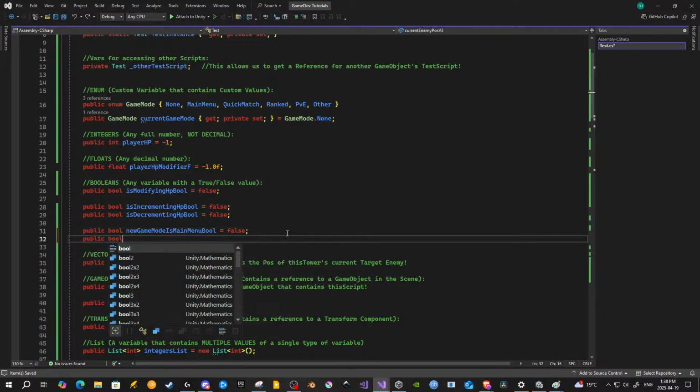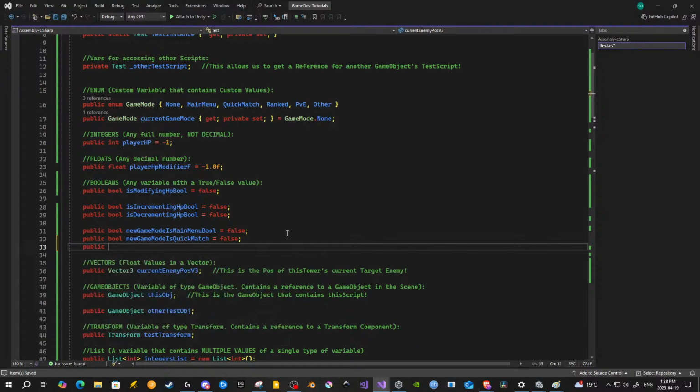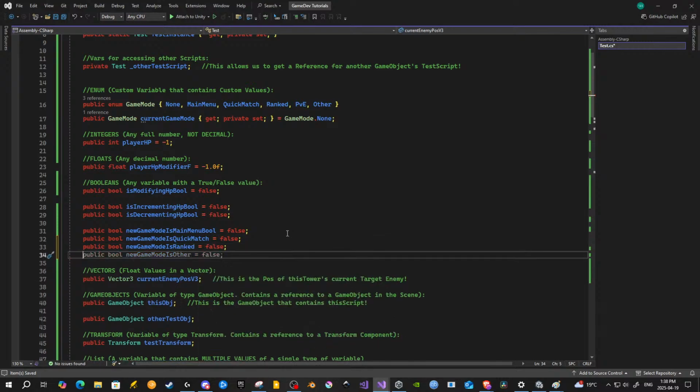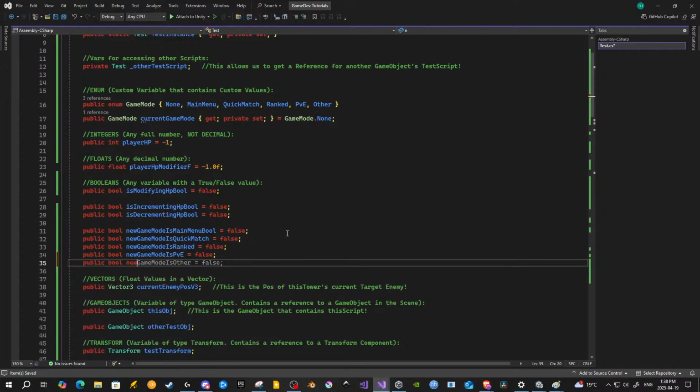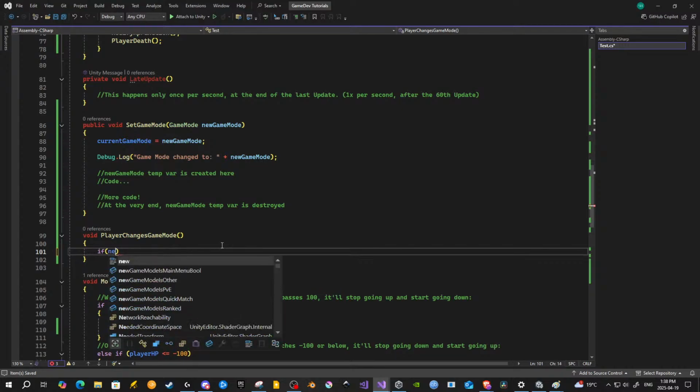So public bool new game mode is quick match, false. Public bool new game mode is ranked is false. Public bool new game mode is PvE is false, and public bool new, yeah, there you go, perfect. Okay, and now what I'm going to do here is, if new game mode